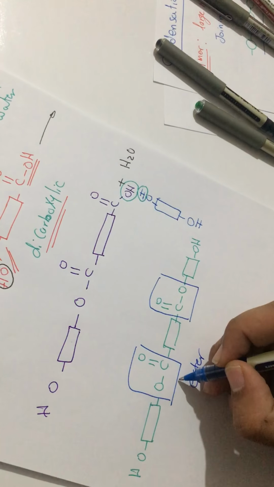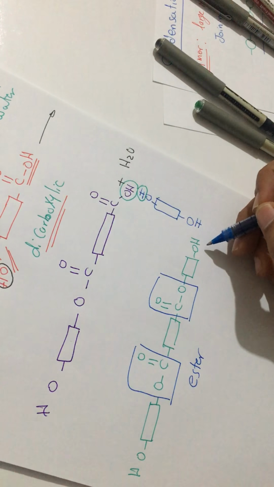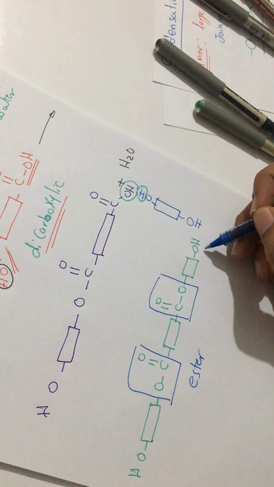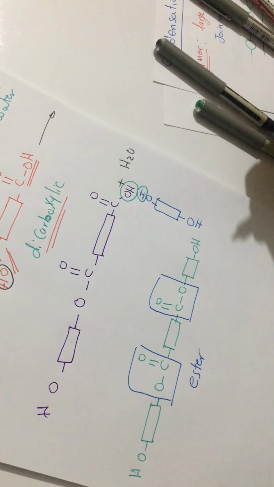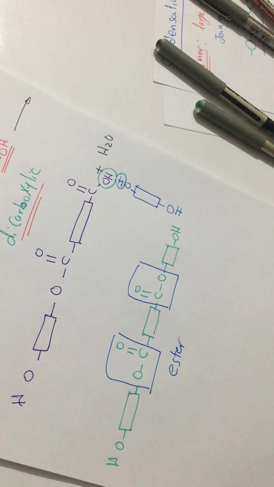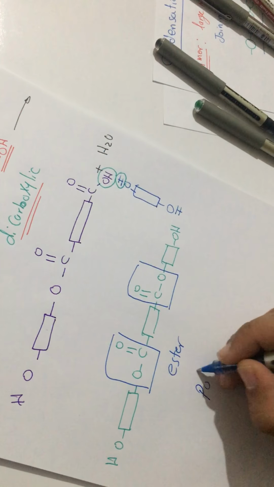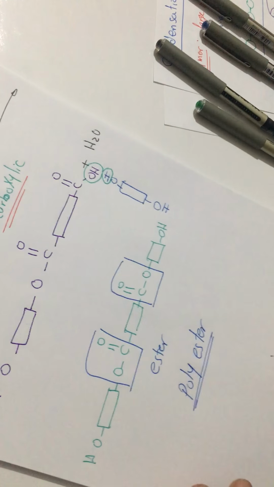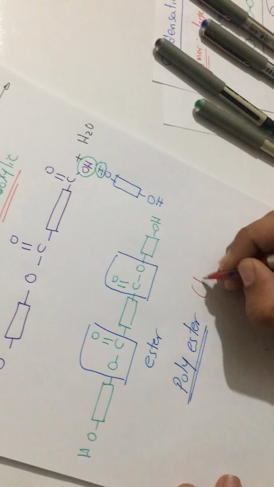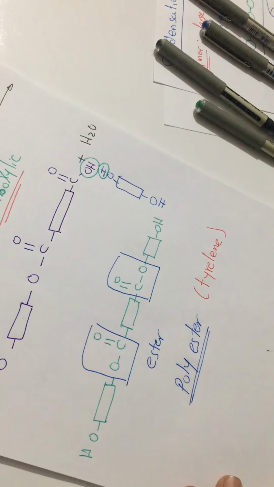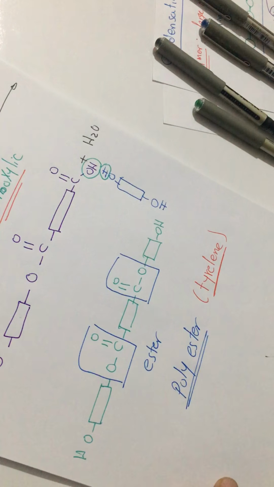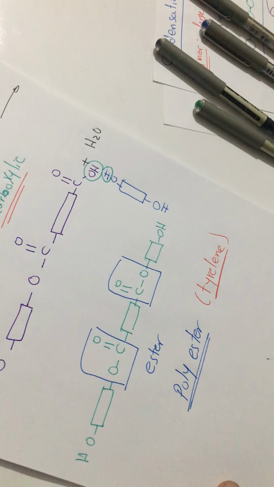So we have here one ester and one ester, and we can repeat this step once again by adding dicarboxylic, another ester group will be formed, and another, till we have a polyester. So this is called polyester. We can name this polyester terylene. Terylene is a polyester that's formed from monomers, one monomer is called diol,